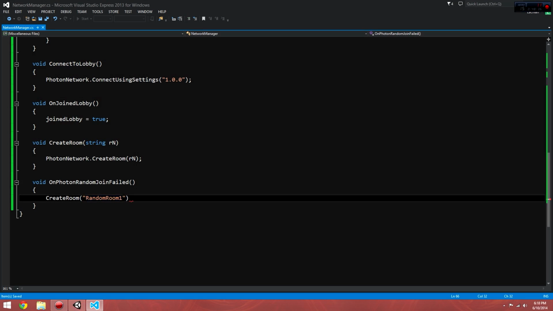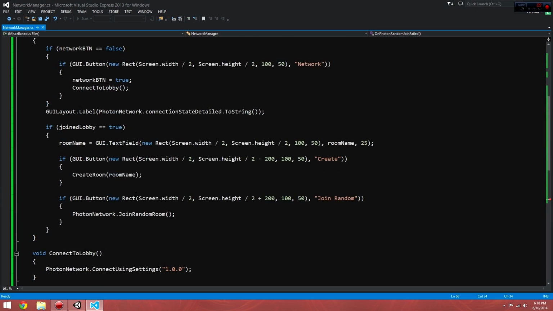We'll just say random room. We'll leave one there, so that'll be the first one, because this is only ever going to be called if there are no rooms available. So it's going to join a random room, and if that doesn't work, then